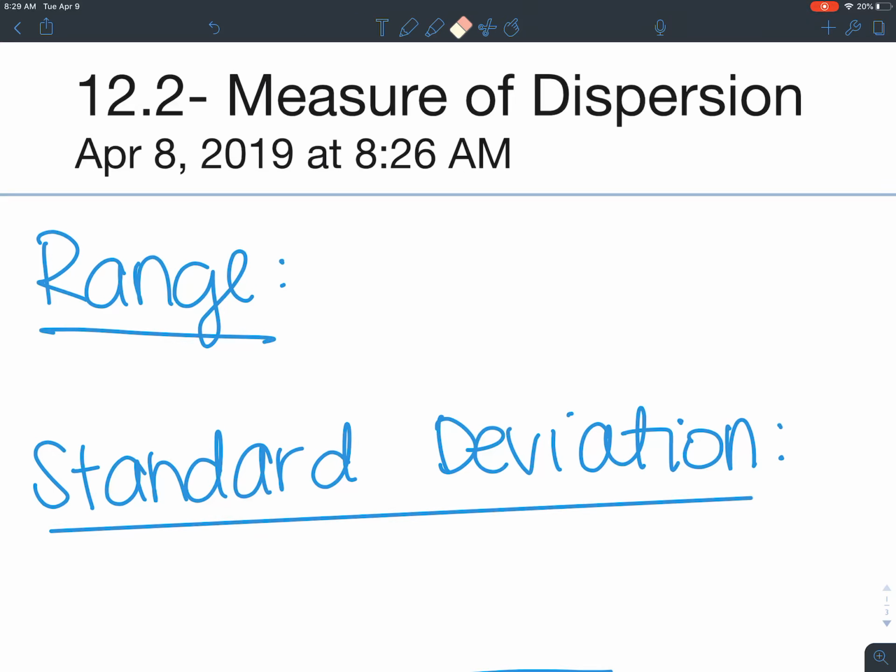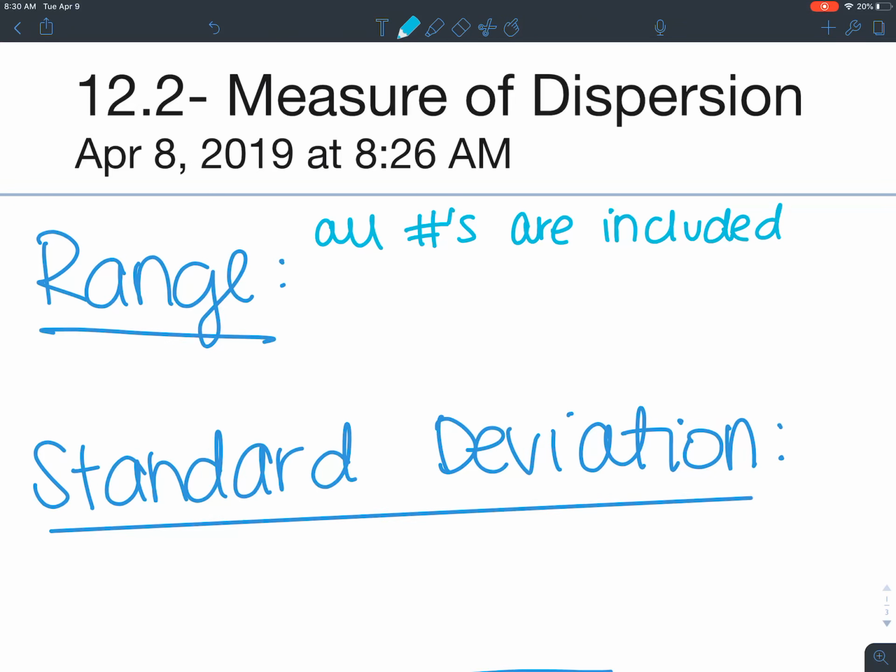Okay, so yesterday we learned about measures of center, and now we're going to talk about measures of dispersion, and that's basically how far something is spread out. So we have two categories. We have the range, where all numbers are included